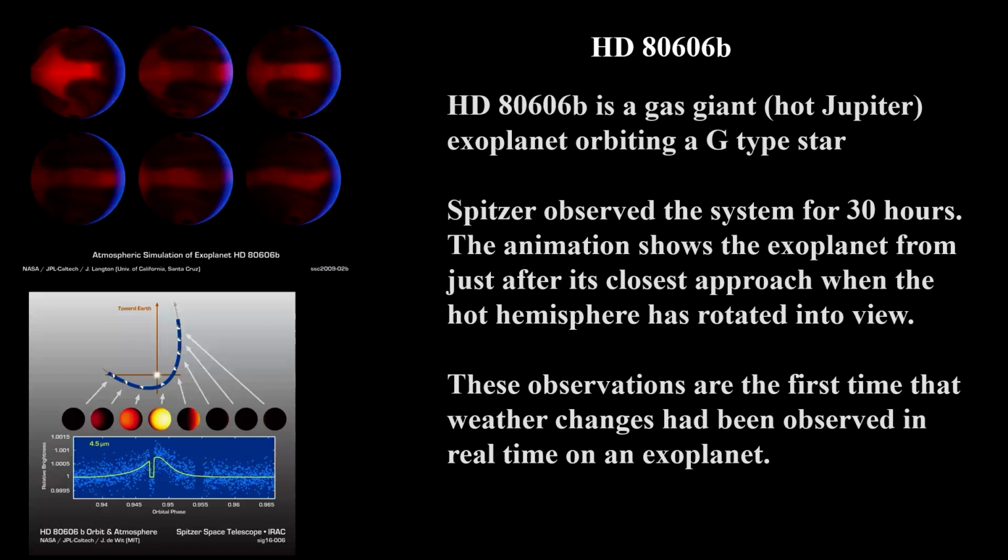HD 80606b is in a highly eccentric orbit, taking 100 days away and then back to the exoplanet in 20 hours. It just whips around the star at its closest approach to it, nearly touching it. If the Earth was that close to the Sun, it would lose its atmosphere, and its surface would be magma. The exoplanet heats up to 1400 K, then in 10 hours cools so much that the Spitzer telescope cannot detect it for the remainder of its orbit.